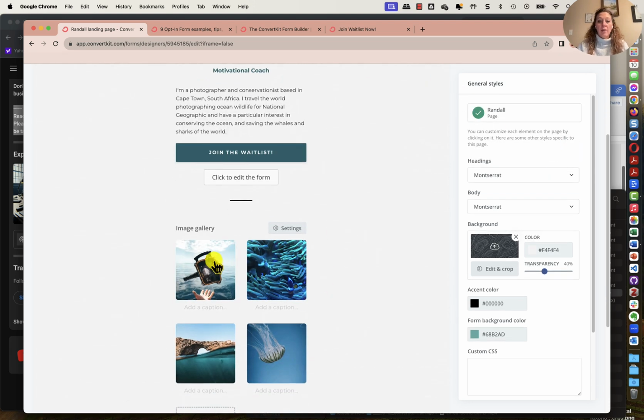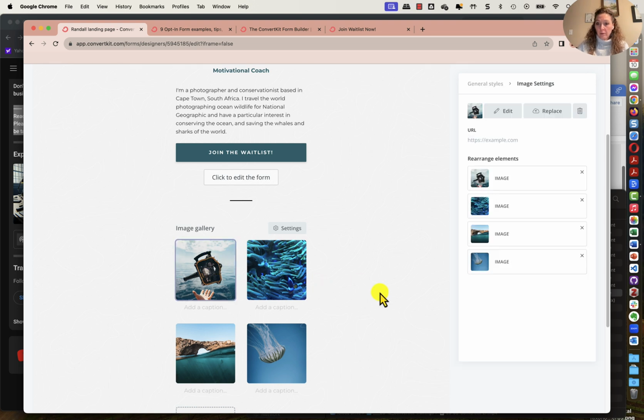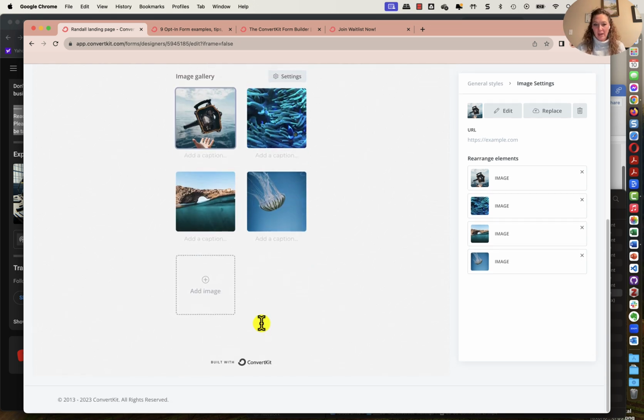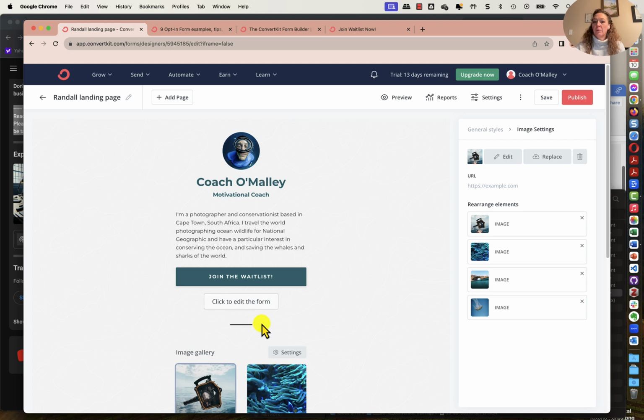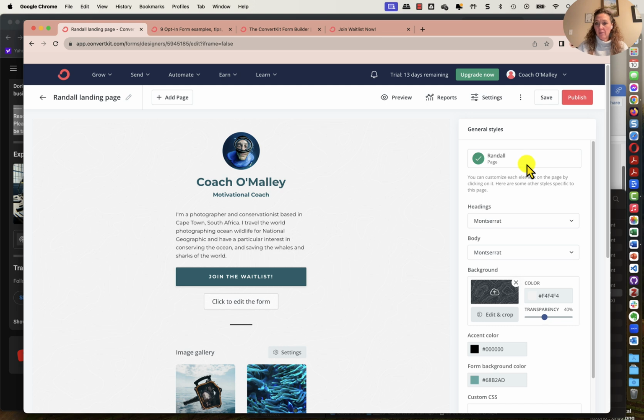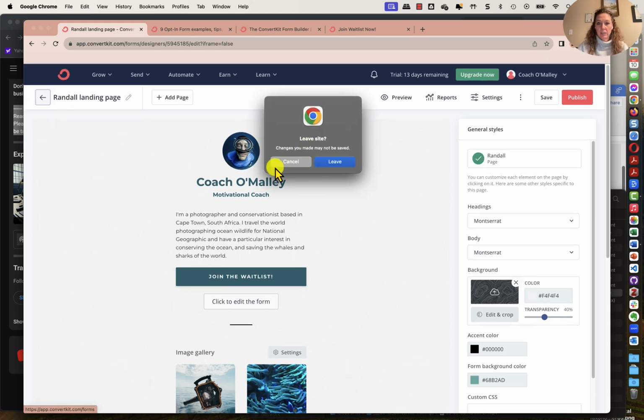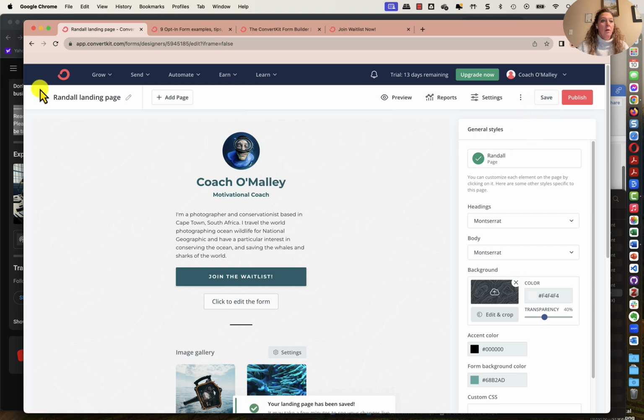Close that. And then in this case, we're promoting some images. So this person is a photographer. It's a great way to have a quick little portfolio. So O'Malley maybe would have some of his coaching opportunities that he has images of. We'd add those, but it's 100% the same as if we had gone back. So if we go back to the general style, and let's say I can leave that, I'll save it just in case. But I can go back,